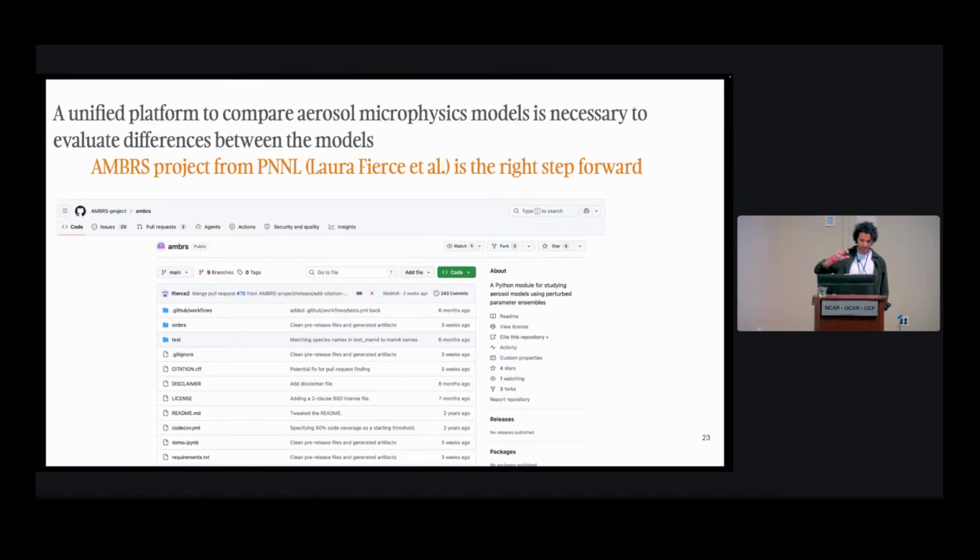They try to have a framework where you can plug in your aerosol box model, then run it with the same initial inputs, get you a netCDF file from all the models, and then it makes it easier to compare with each other, which is pretty exciting, and hopefully